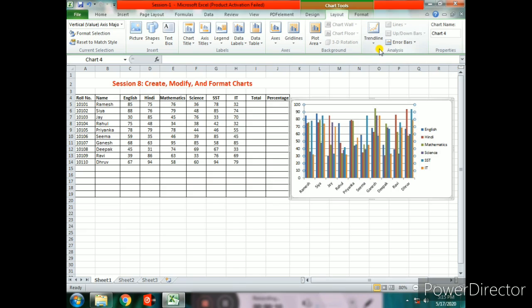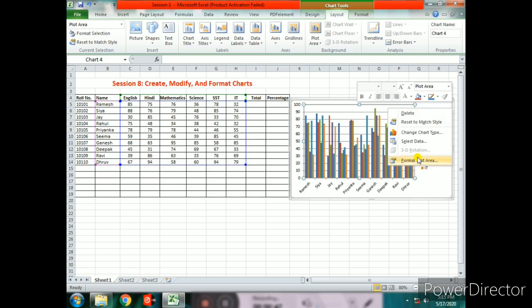Our next topic is formatting a chart. Formatting improves the appearance of a chart. You can format the chart by changing its title, text, font, line color, width, border, style, legend, data series, etc. You can also change the number on the value axis, hide or show the grid lines. Now let me see how can we change the plot area background. So we know that this is our plot area.